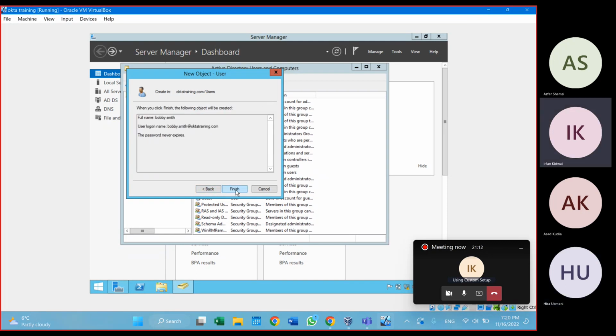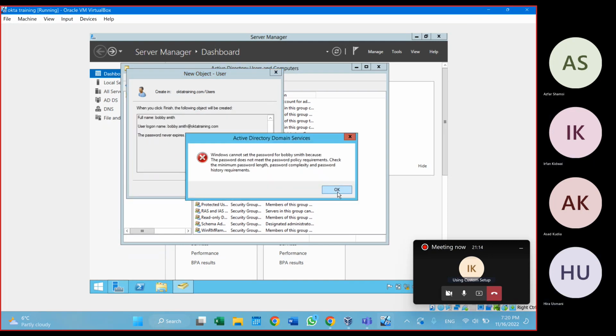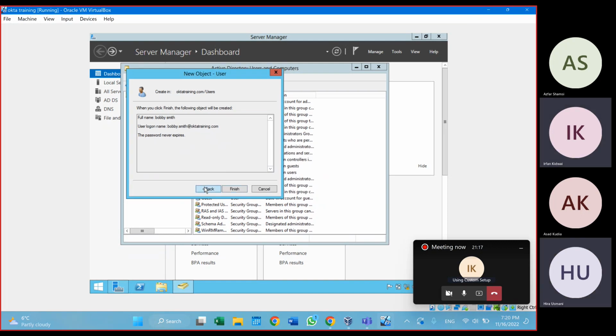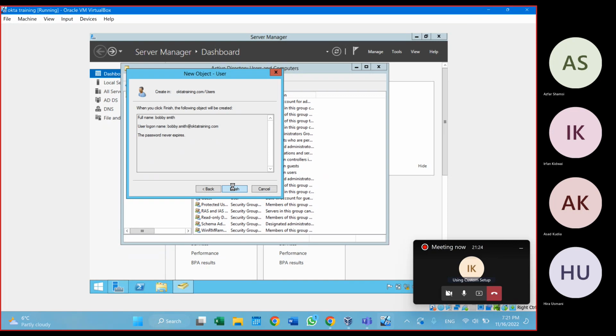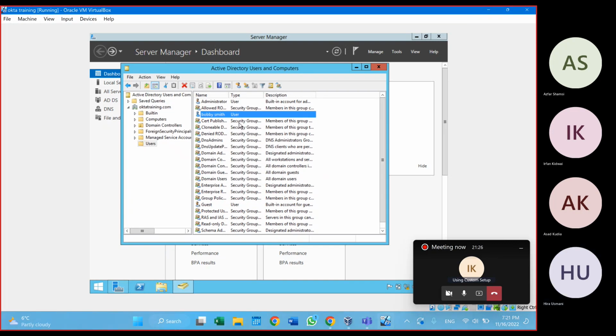And then hit finish. Oh, wait, what did it say? Minimum password requirement needs to be better. Okay. All right, so now double or right